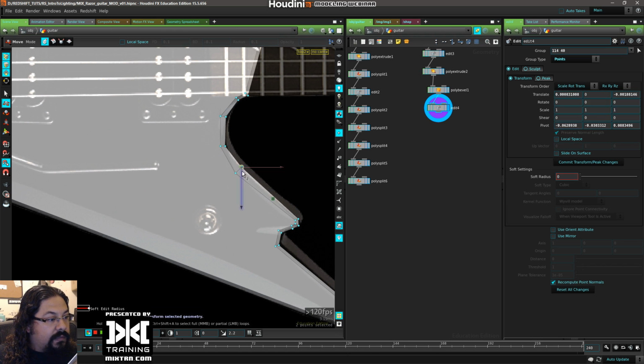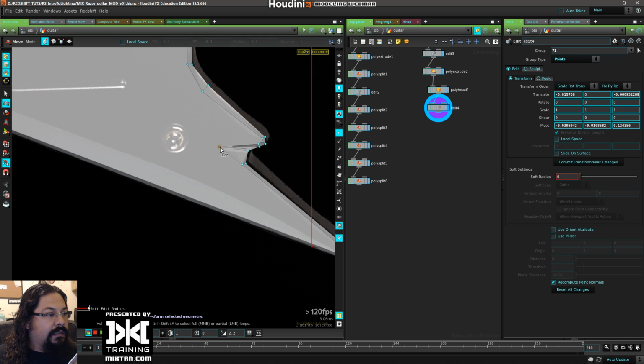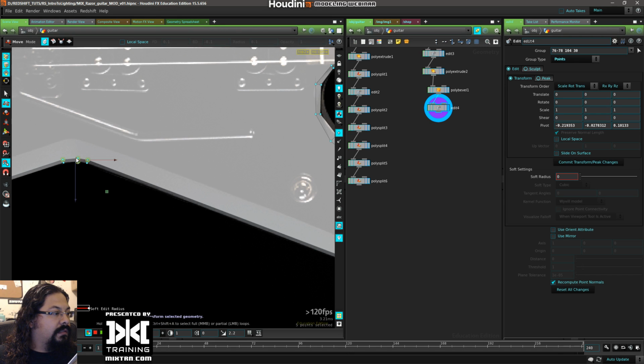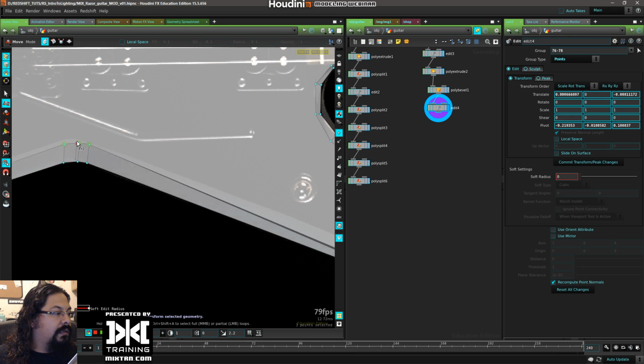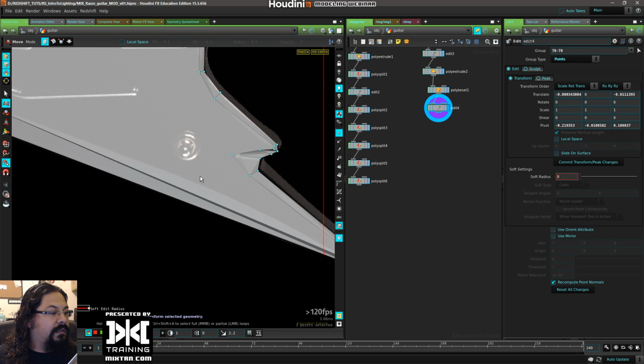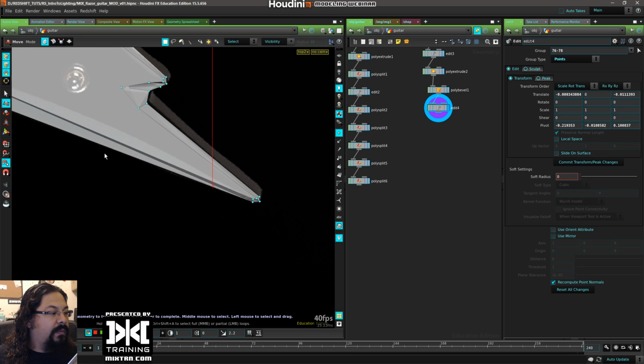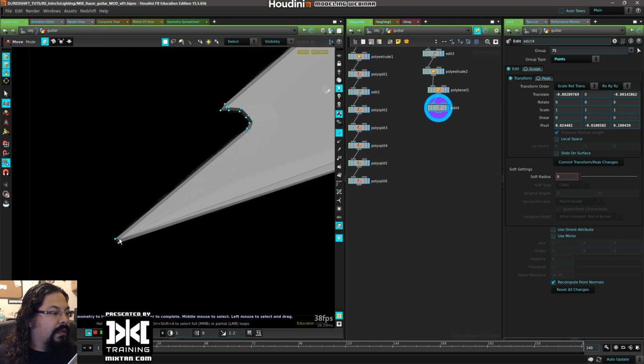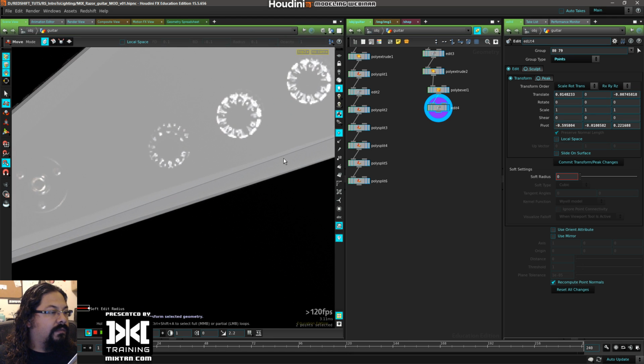Alright, this point needs to be over here. And this edge, it's a little bit exaggerated here. The guitar itself is exaggerated on this feature, so just grab all these 3 points there, move it here. You can see the bevel goes here, so we might need another division here to give it that bevel there. So I'll add another division at a later time. This area as well, the bevel goes through here,